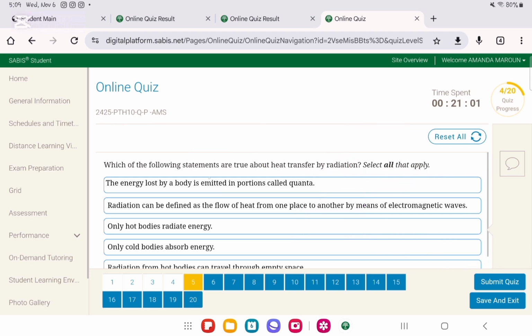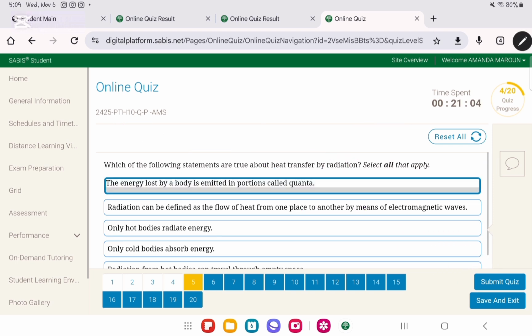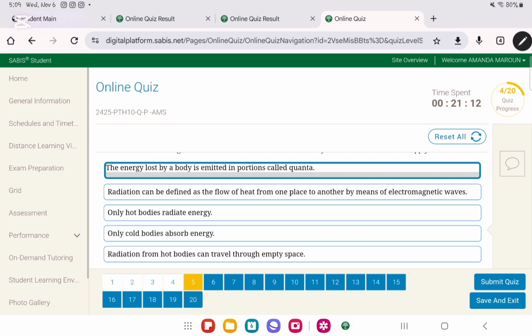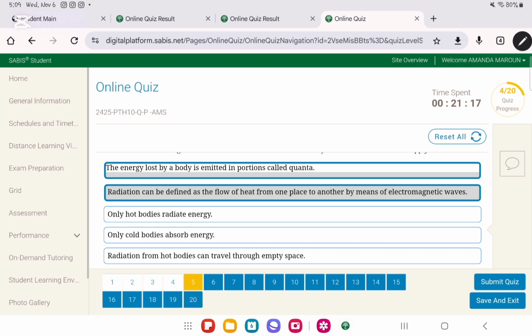So we can say that the energy lost by a body is emitted in portions called quanta. Quanta also means quantized, okay? Then, radiation can be defined as the flow of heat from one place to another by means of electromagnetic waves. This is true. Also, don't forget about the photons. Now here we come to something that is very contradictory. Only hot bodies radiate energy? No. You say all bodies